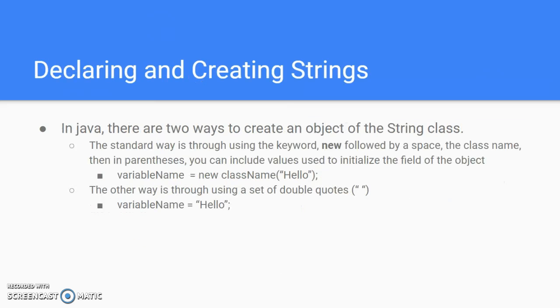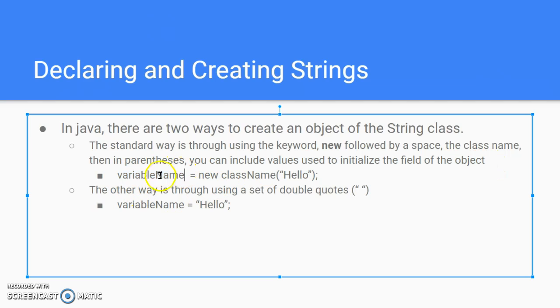So, declaring and creating strings. In Java, there's two ways to create an object from the string class. The standard way is through using the keyword new, followed by a space, class name, then in parentheses you can include the values used to initialize the field of the object. This is the following format: variable name, new, class name, parentheses for data, then "hello" for the actual data,